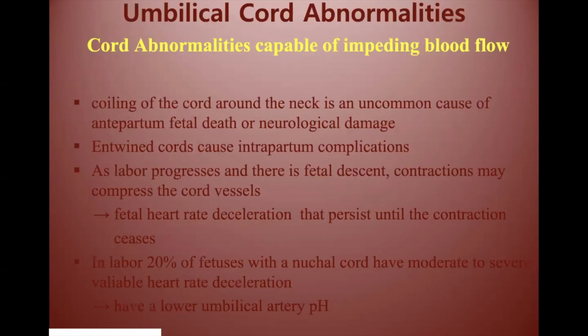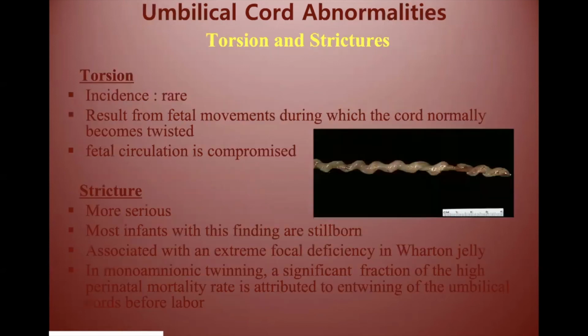We also have cord abnormalities capable of impeding blood flow. Coiling of the cord around the neck is uncommon, and can cause antepartum fetal death or neurological damage. Entwined cords cause intrapartum complications. As labor progresses and there is fetal descent, contractions may compress the cord vessels, as I told before, causing fetal heart rate decelerations that persist until the contraction ceases. So I told this all before, and we have torsion and strictures